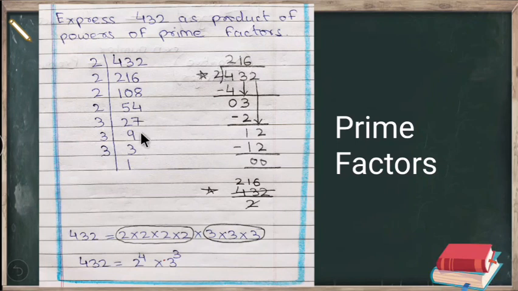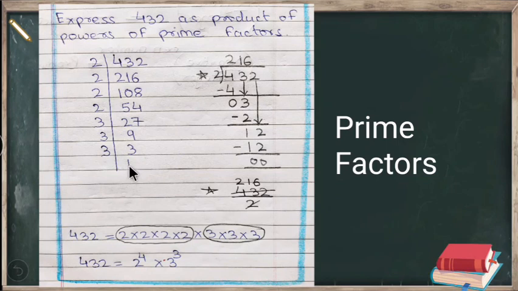Now here, as you observe, in the units place you have 7, which is an odd number. So 2 is no more a factor of this number. We will consider the next number, which is 3. 27 comes in 3's table, 3 9s are 27. So when we divide 27 by 3, we get the quotient as 9. Now when we divide 9 by the digit 3, we will get the quotient as 3. 3 1s are 3. When we divide 3 by 3, we will get the quotient as 1.